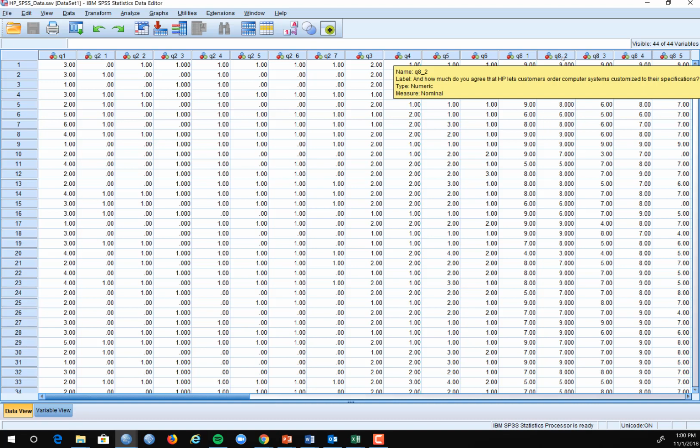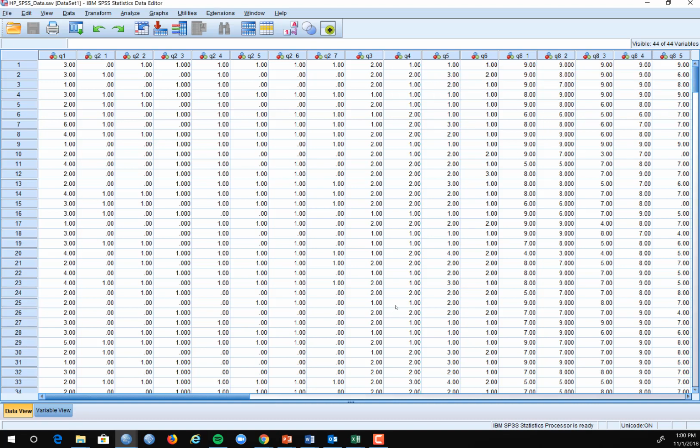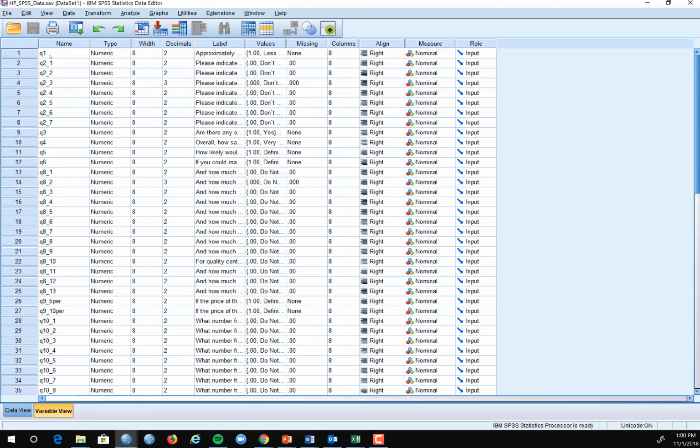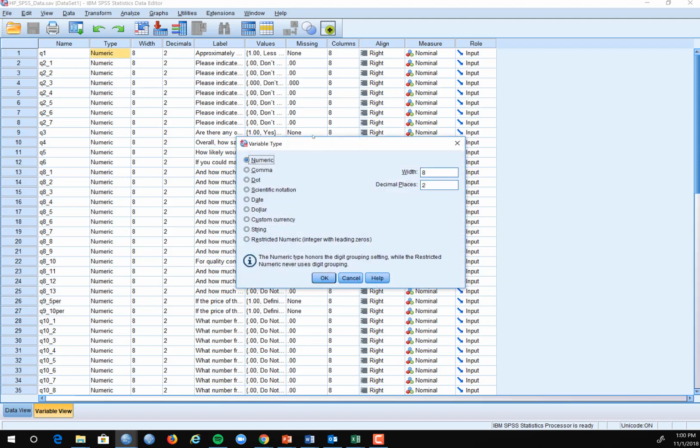But hovering over it, we can see what the full question wording is. So that's the data view, and let's look now at the variable view. And so you can see here we've got the names, so these are all the question names. We've got a type, and if we just click right here, we'll be able to see the different variable types